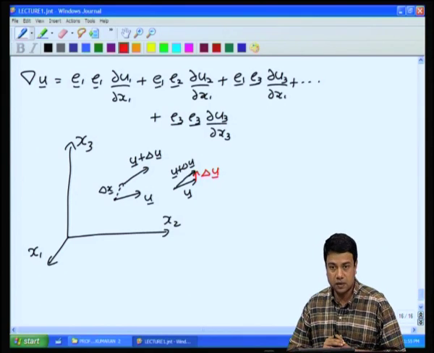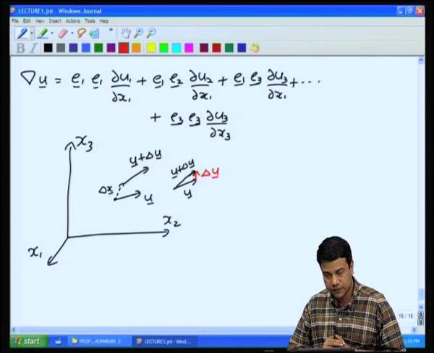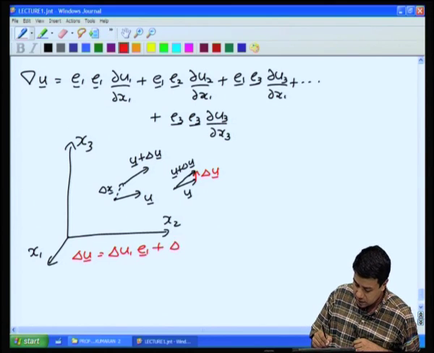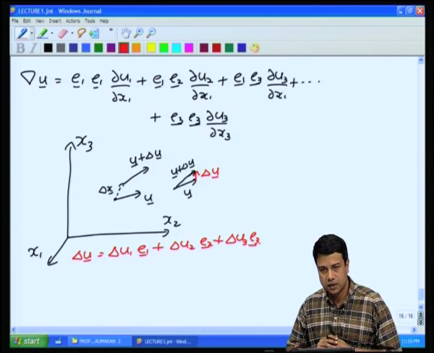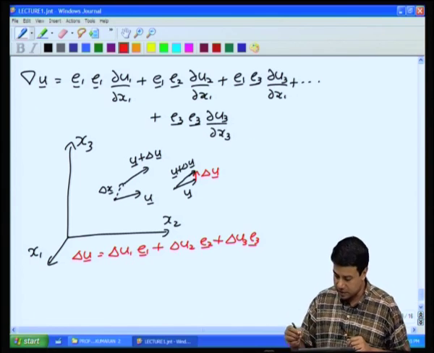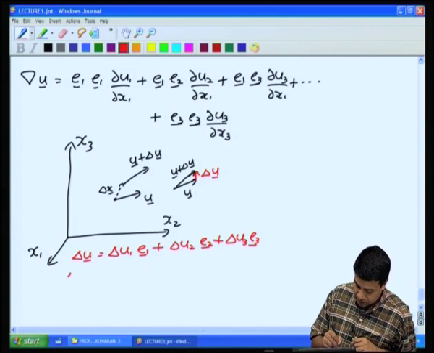It has three components, delta u1, delta u2 and delta u3. Delta u is equal to delta u1 E1 plus delta u2 E2 plus delta u3 E3. Each of these can be defined in terms of the gradient of the velocity field. So, for example, the delta u1 I can expand it out and write it as delta u1 is equal to